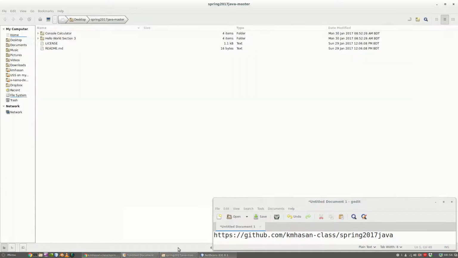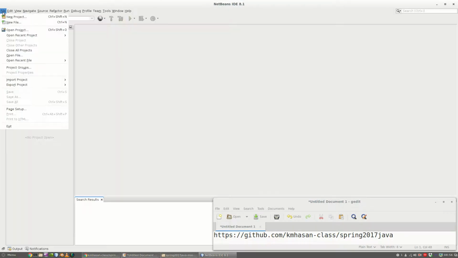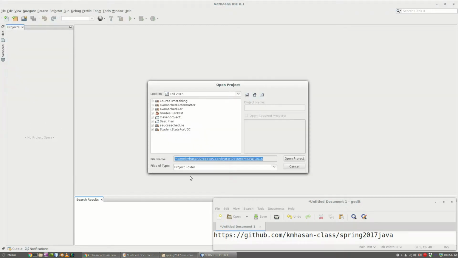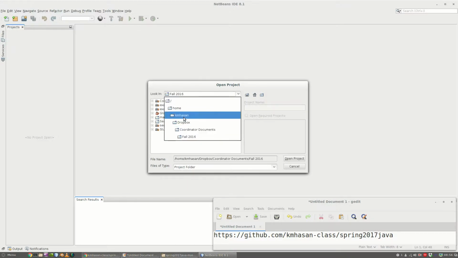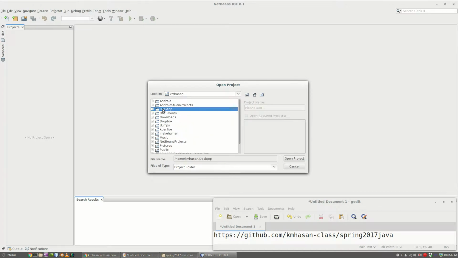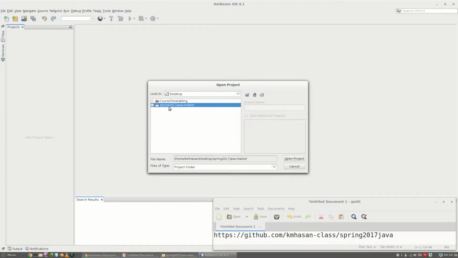Okay, so once you have extracted all the files, what you can do is you can go File, Open Project, and then you'd have to browse for that particular project. Here, like for myself, I downloaded that onto my desktop, so that's where I'm going. And over here I go into Spring 2017 Java-master, and the first thing that I want to pick is this Hello World example. So let's go with that. Open project,